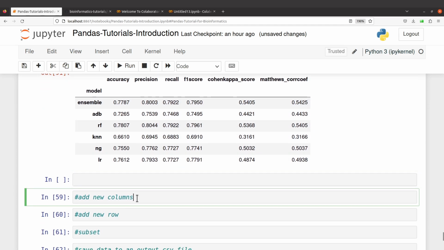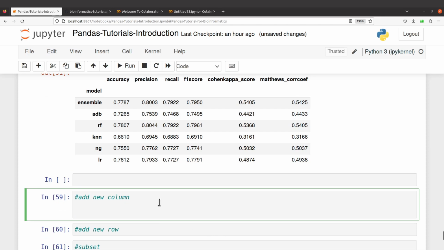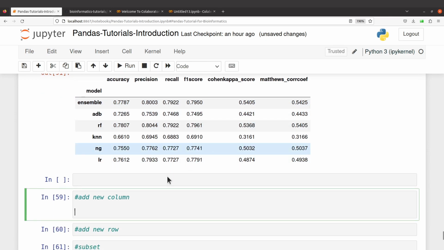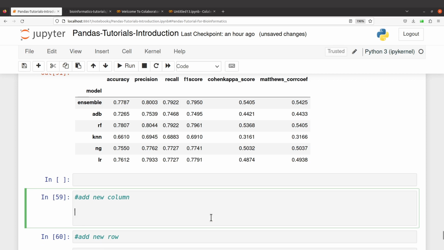So if you want to add a new column, now we are adding just one, so I will remove the plural. It's very, very simple. Let's just say these are the metrics. You also want to add an additional metric. Let's say an error. Okay, you can also add error. Then let's say you have the record already. Let's say you have the error. Let's say error